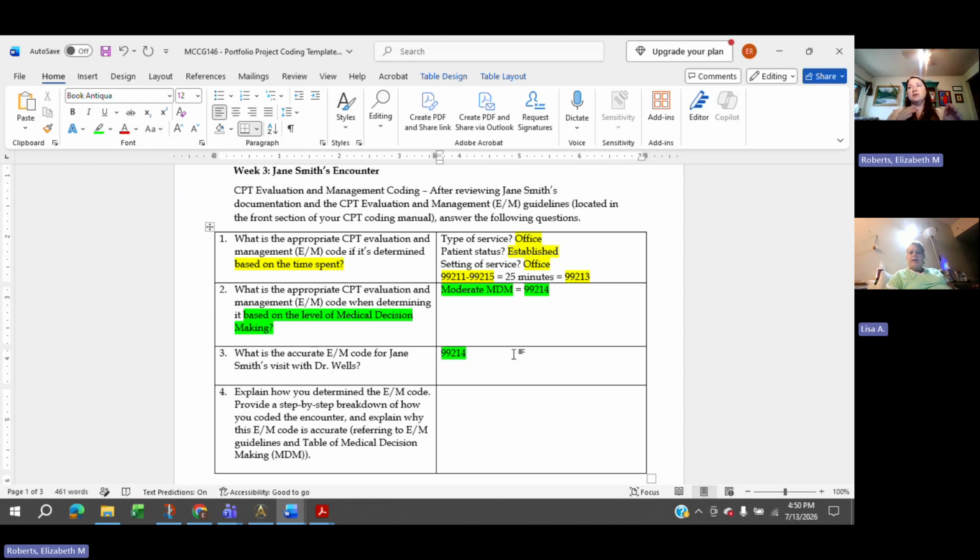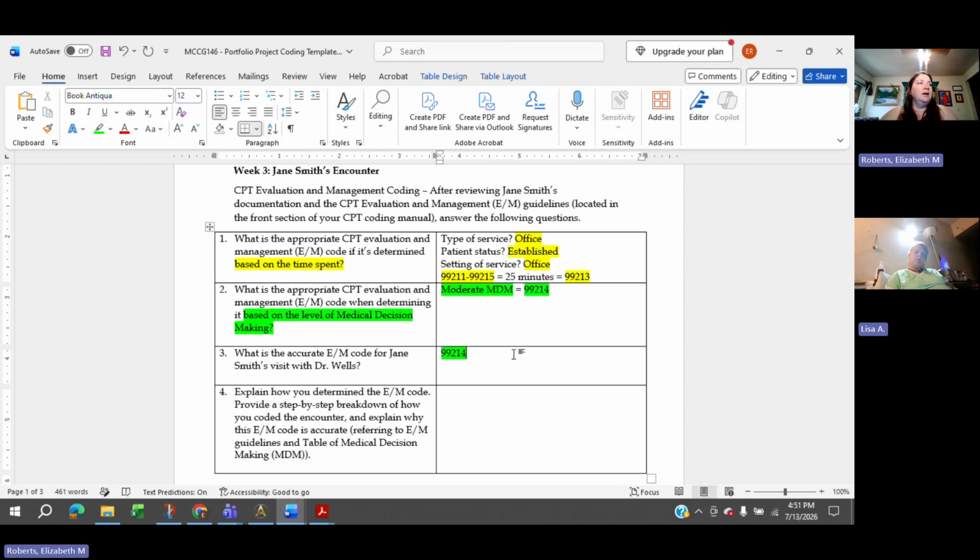So is that like a standard? You just go with the higher one? I mean, if it makes sense, yeah, you go with the higher one. I actually still talk to a lot of doctors who say, "Oh, if time's documented, I have to code it based off of time." So that's kind of a common misconception for some reason, but that's absolutely not the case. You would report the higher code because it more accurately represents the service that was performed. Whether the time is higher than the MDM or the MDM is higher than the time, report whichever one is the highest.